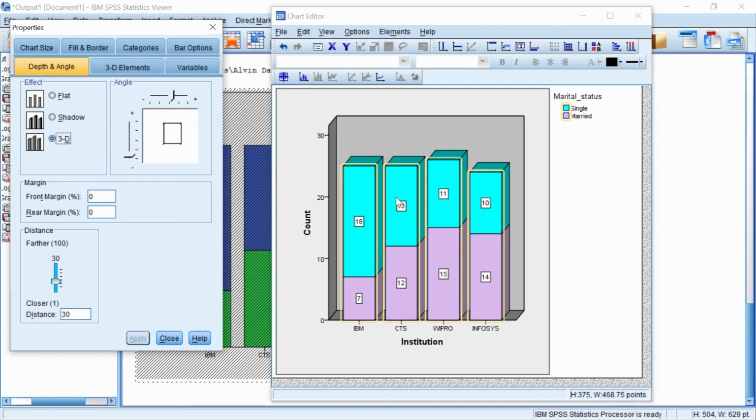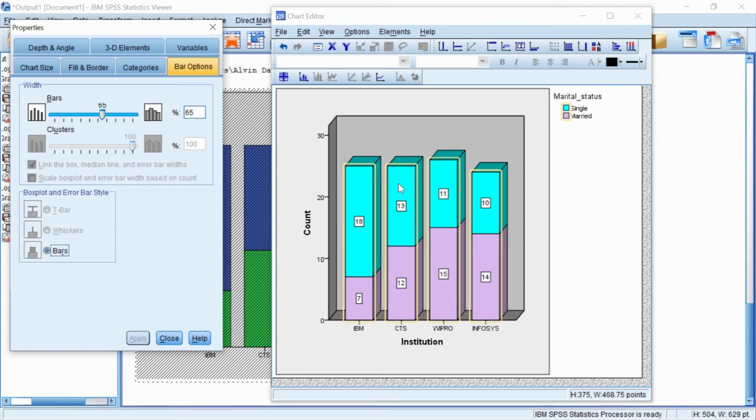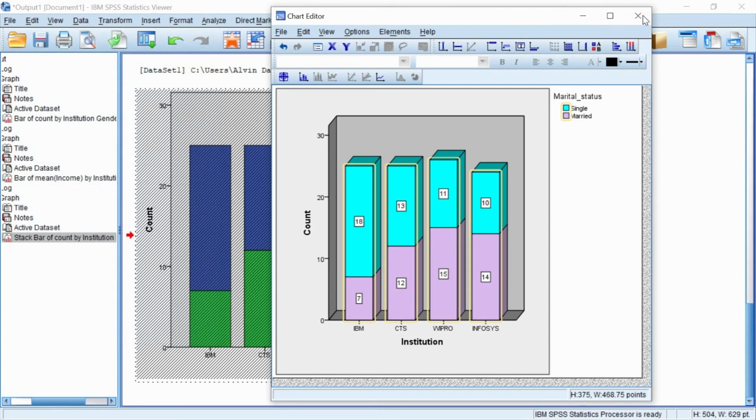If you want to leave the space between the bars, go to the bar options. You have to reduce the size. Instead of 75, I am entering 65. You can get the space between the two bars. Then close properties and close chart editor window.